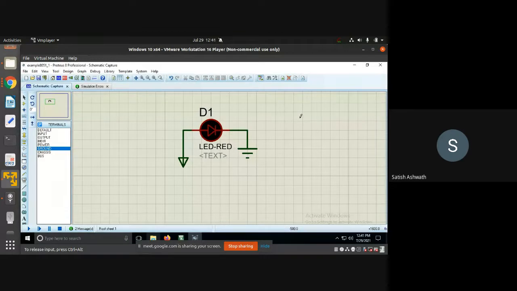Right. So now once we know this, similarly you can connect any other component, right? You can pick up whatever components are available in the library and make the connection depending on your circuit. So Proteus is not limited to 8051. You can connect any circuit like this. You can take an AND gate, connect an IC to it, connect an LED to it, and see when the AND gate turns on. All those different simulations are possible, right? So you can explore them depending on your requirement, which works out for you.